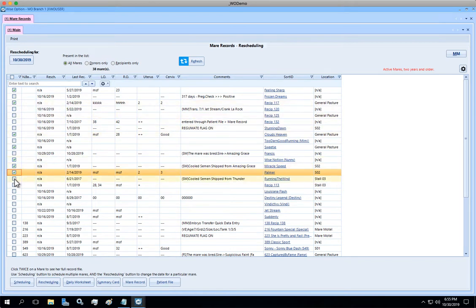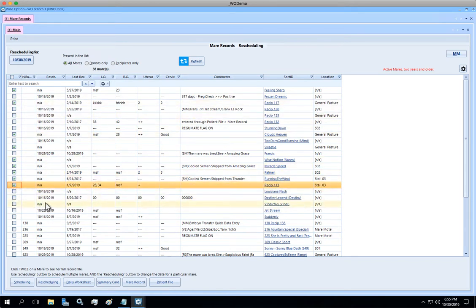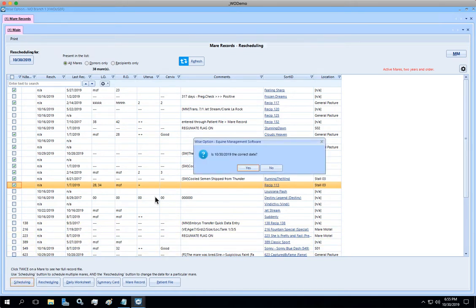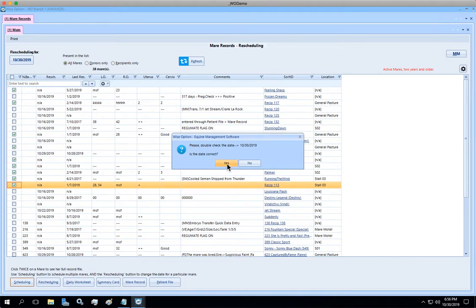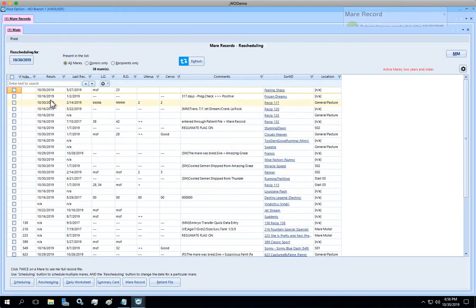If you notice, I'm going to go up to this block here. I'm going to leave the rest of these ones here not set yet. And at this point, I'm going to say, okay, the date is correct. I have picked my NA mares, and I'm going to do the scheduling. Click on this button. It double checks the date I have set, and I say yes. Double confirmation, yes. It refreshes the date,